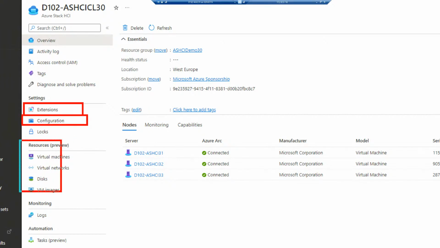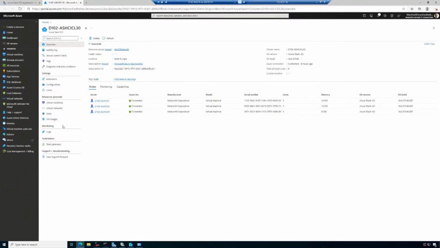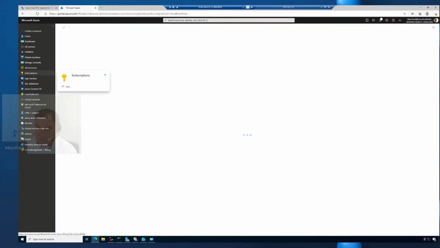And via this resources preview, I could deploy an Azure resource bridge on the target cluster to deploy virtual machines from within the Azure portal, to deploy virtual networks from within the Azure portal, to use VM images on premises and in the Azure portal from the same source. And if we have such an Azure Arc enabled Azure Stack HCI configuration with an Azure resource bridge, then we have the advantage that when we go for the virtual machines in the Azure portal, for example,